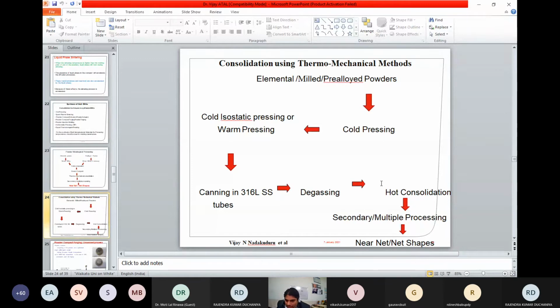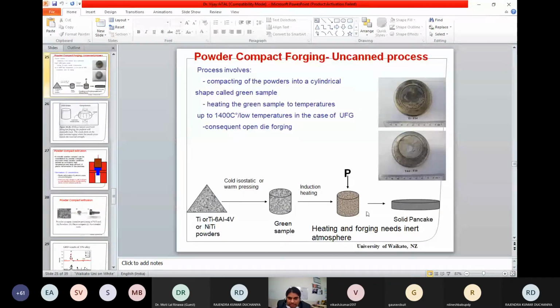So if everything is monitored fine and degassing is done, finally you can produce net and near net shapes. This is one type of process in which different types of material, titanium based. Here it shows NiTi based nitinol type of shape can be produced.